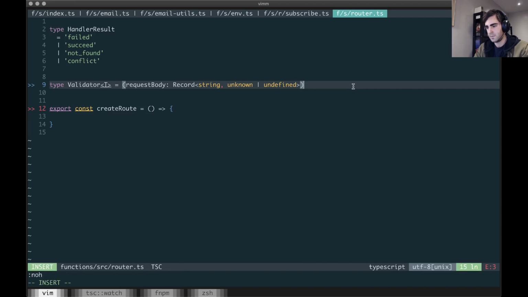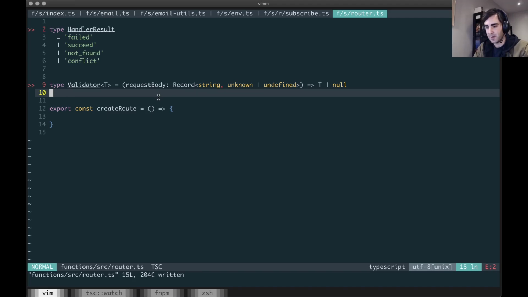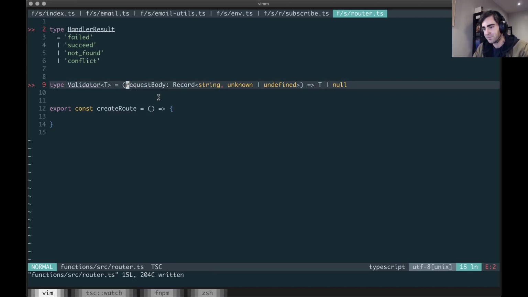And then it's going to return T or null. One thing I want to change with this type is move the type argument to this side of the function declaration. Okay, so this is a mouthful potentially, but what this represents is a function that takes some JavaScript object with